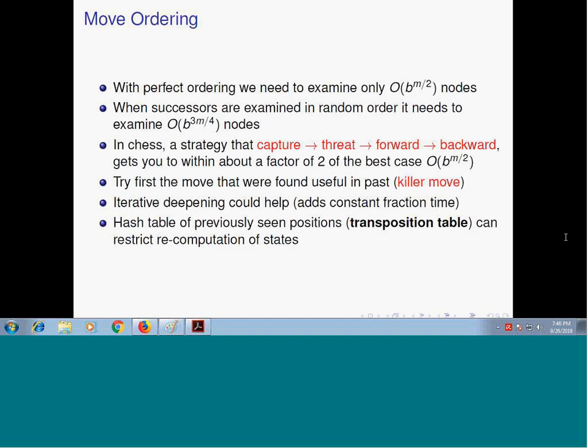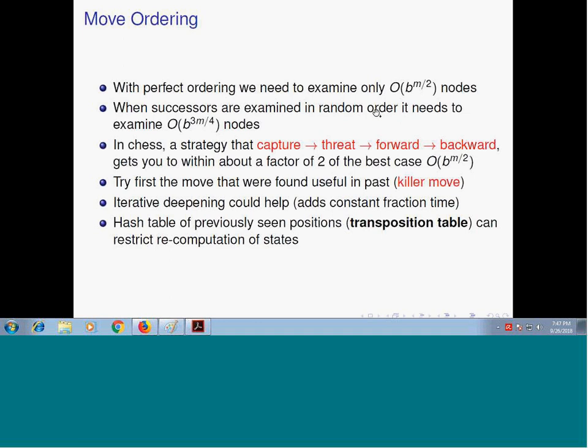Finding out this 3 by 4 actually needs a derivation with respect to the random ordering: if I take the things randomly, then what is going to happen, then I would do some proof and come to this number. But you understand one thing, that initially if you don't do something, how many nodes are required? Order of b to the power m. You cannot go perfectly, but if you go perfectly, somehow somebody can prove that this is the best way to go. And if, with some carefully selected ordering, you go that way, then you will need to explore only b to the power m by 2. But that particular mechanism is not available.